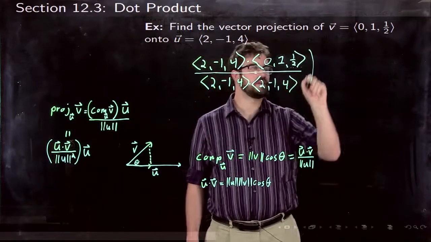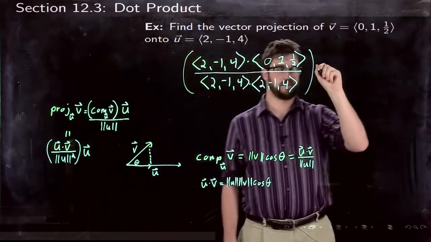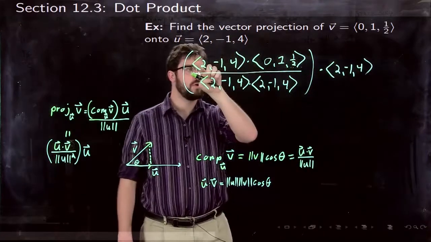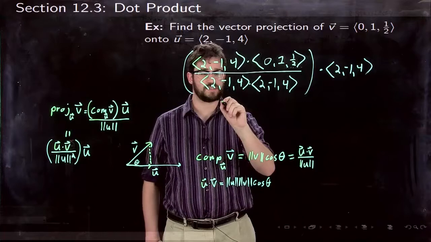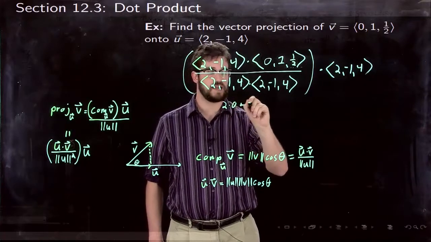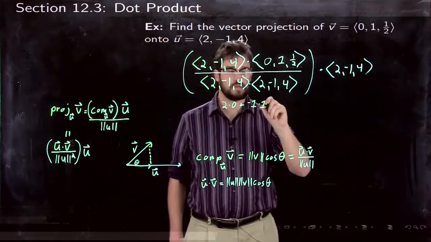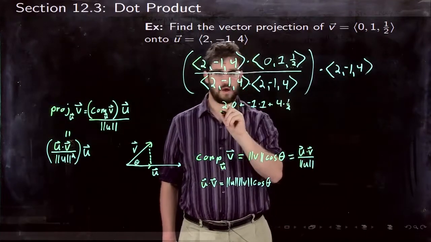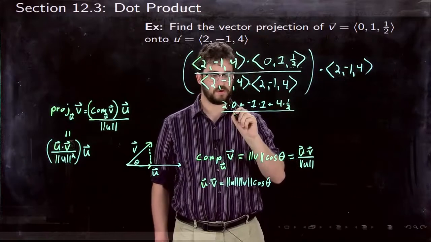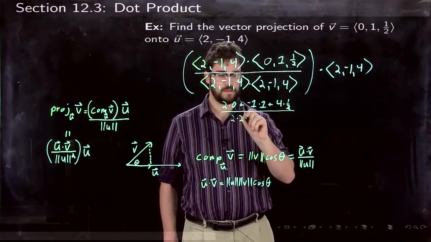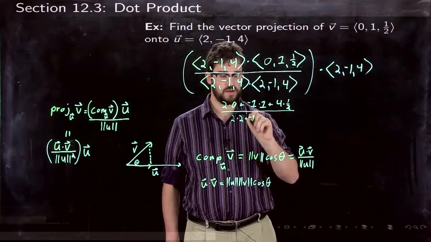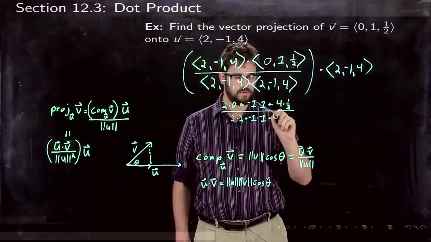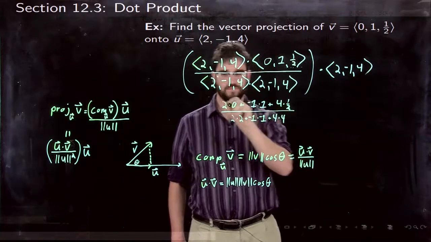And then all of this is just multiplied by the vector of u. Well, we simplify this here. We get 2 times 0 plus -1 times 1 plus 4 times 1/2, all over 2 times 2, plus -1 times -1 plus 4 times 4,